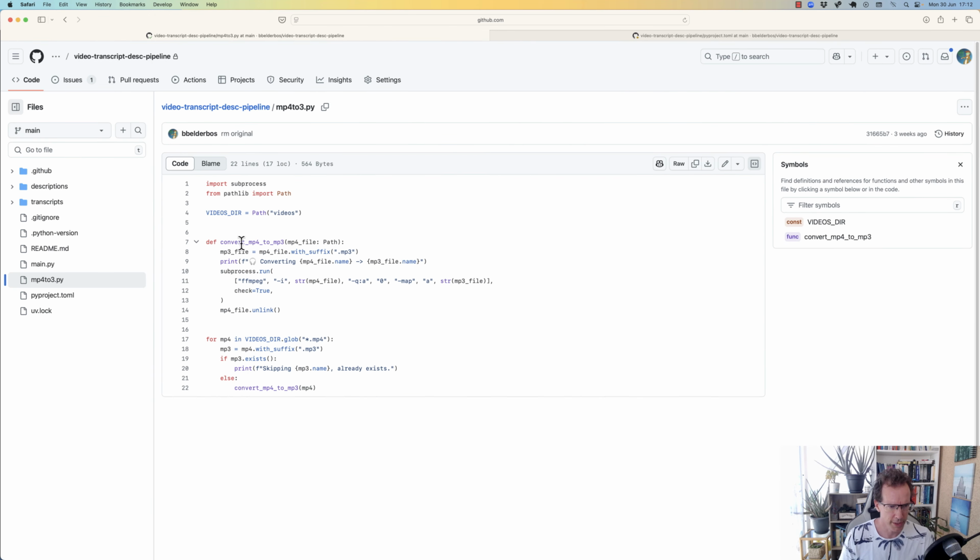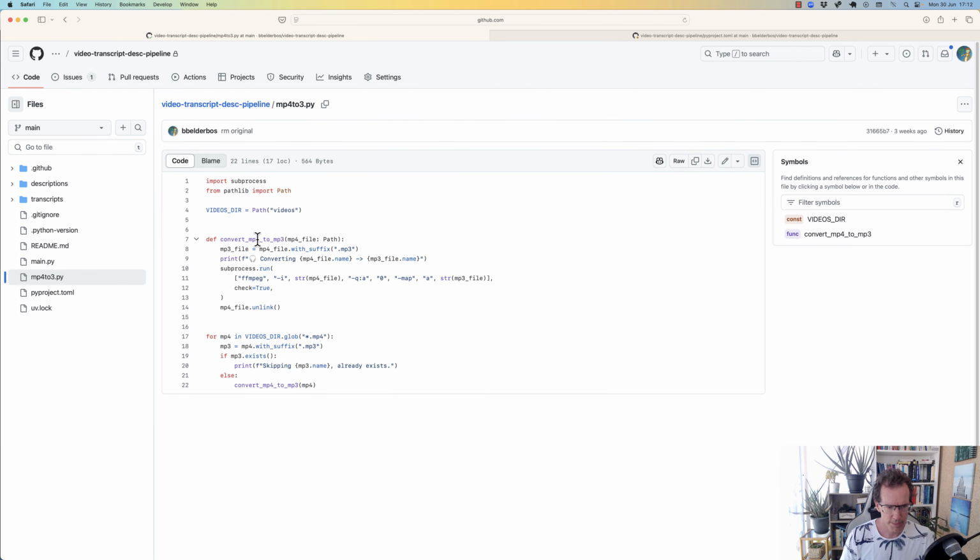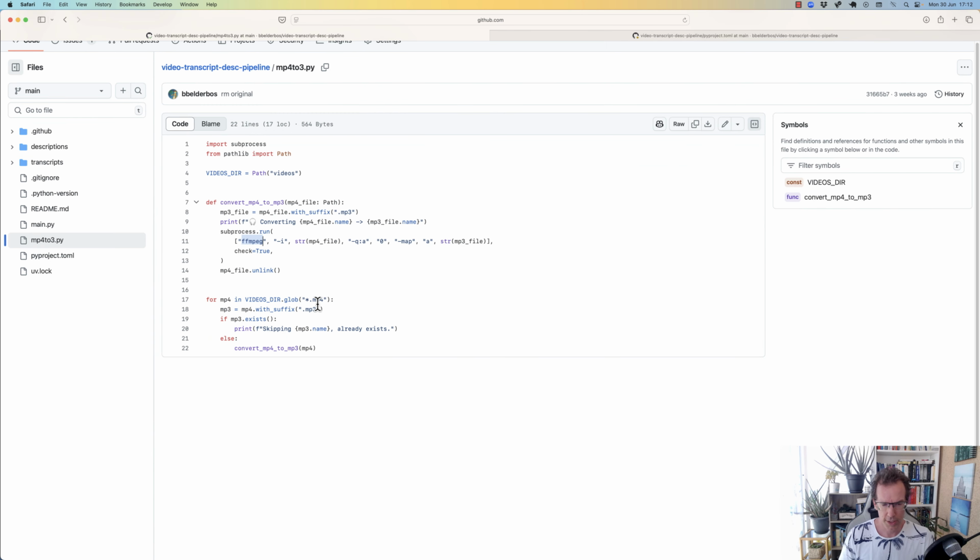So I made this quick script, convert MP4 to MP3, and I use ffmpeg. So I use this locally still, right? So when I drop MP4 files in a video folder, I can just quickly run the script to get MP3 files, which leads to smaller files and quicker upload time when I then push the commit to GitHub.